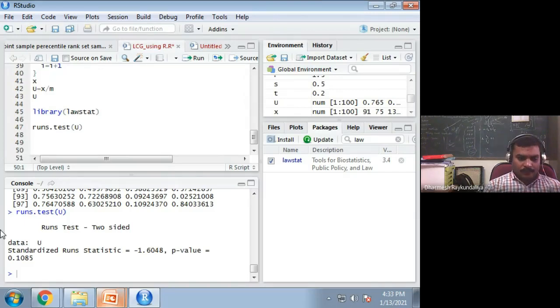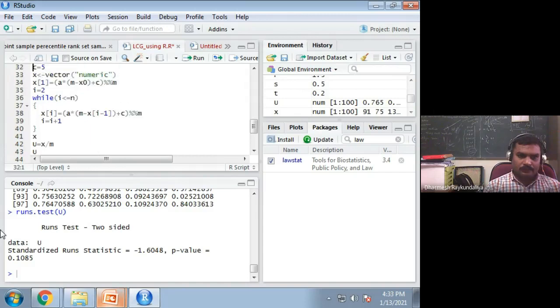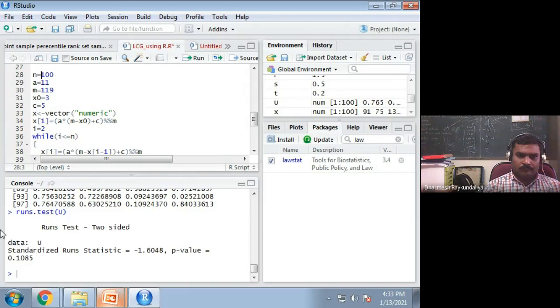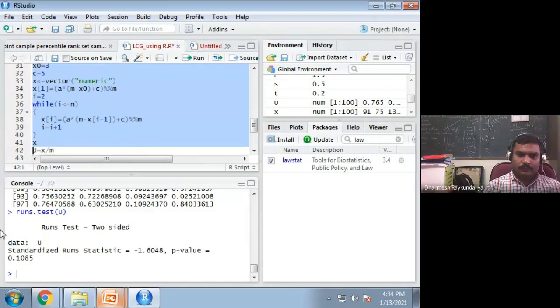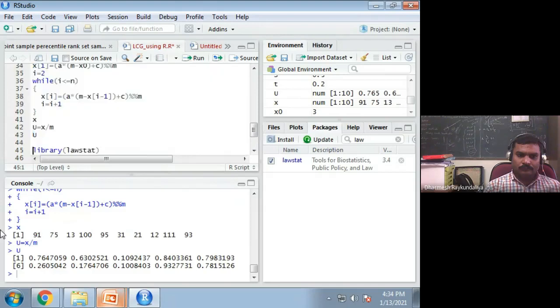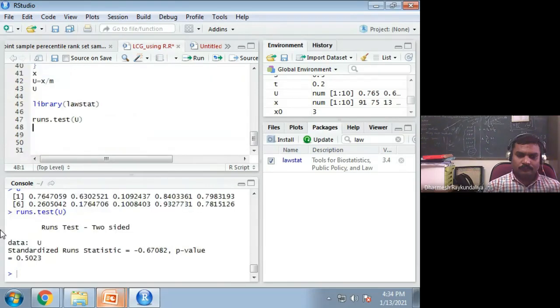Now suppose I am generating only 10 random numbers. What happens? It is showing random.